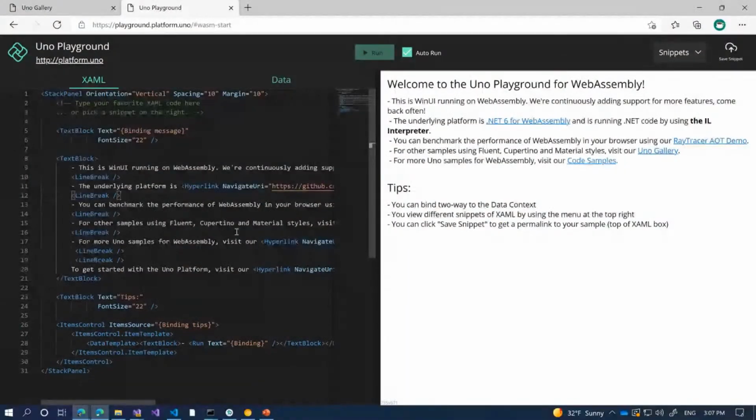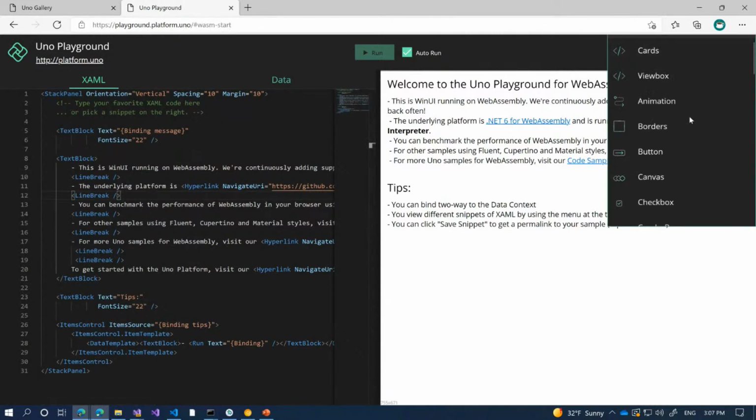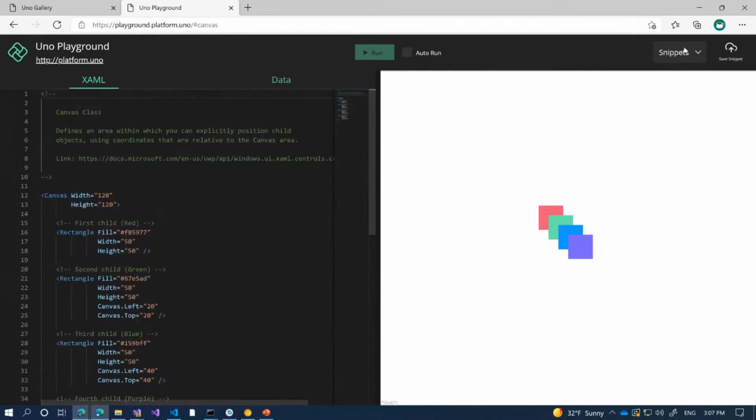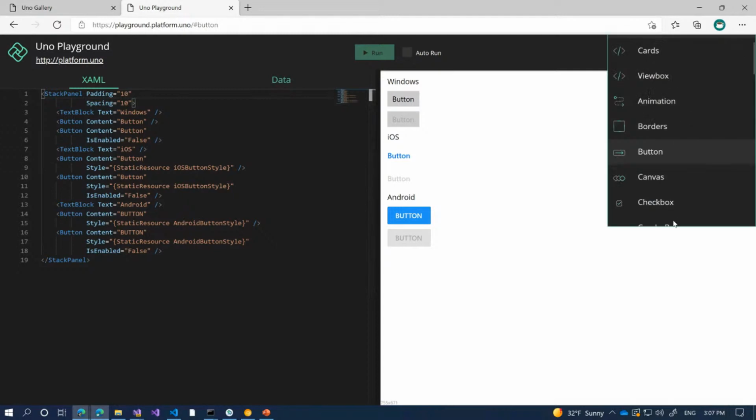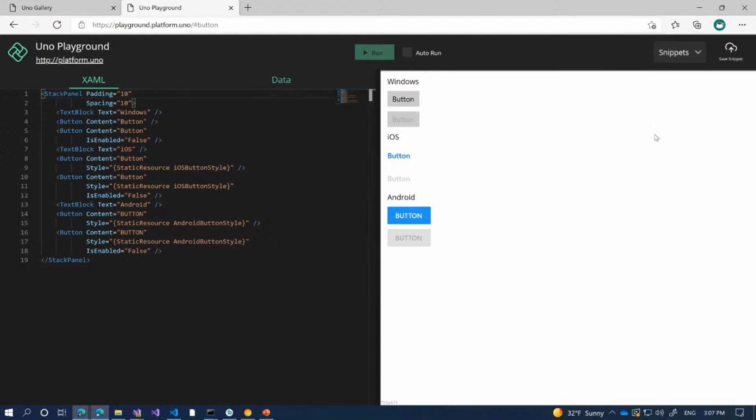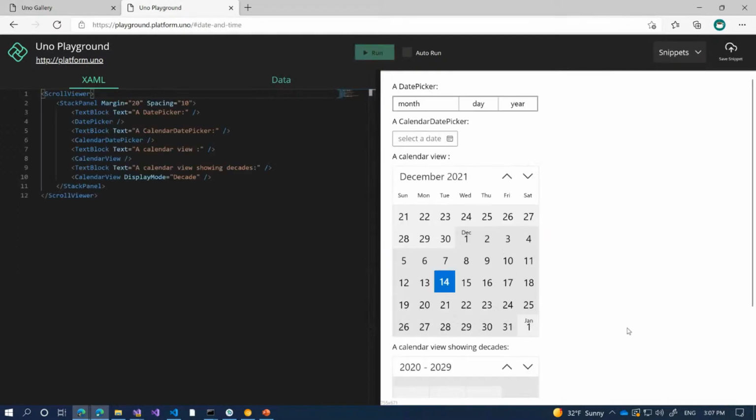So if people want to go and see the playground, that's exactly what it is. It's pretty much the same technology that's been there, parsing some XAML and showing the results. So if you want to see what a canvas does or what a button does, you can see all the results that are available there. You can also test out a calendar or a few other things like that. So that's what the playground is about, and it's the same technology that we're using instead of the Figma